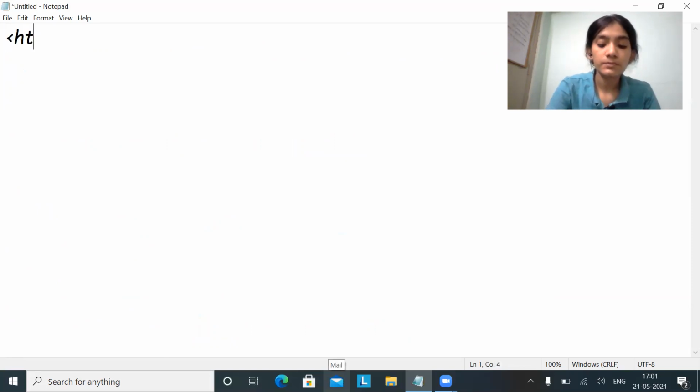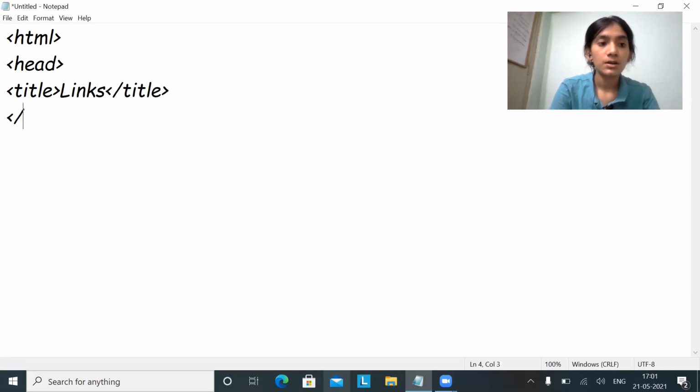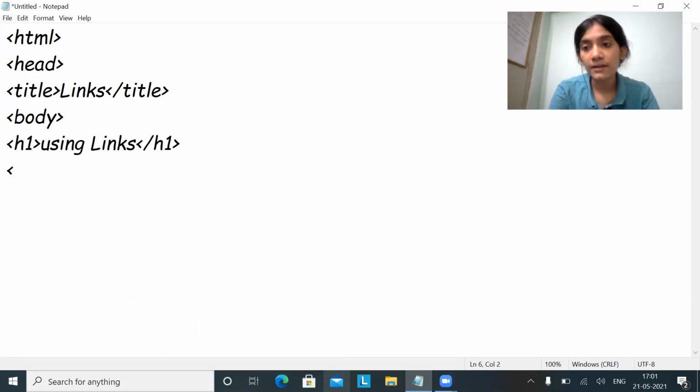Starting with HTML, head, title, links, close the title, open body, and I would just like to write using links and then close the heading tag. Now I'm using the anchor tag. href is the attribute, equal to a value.